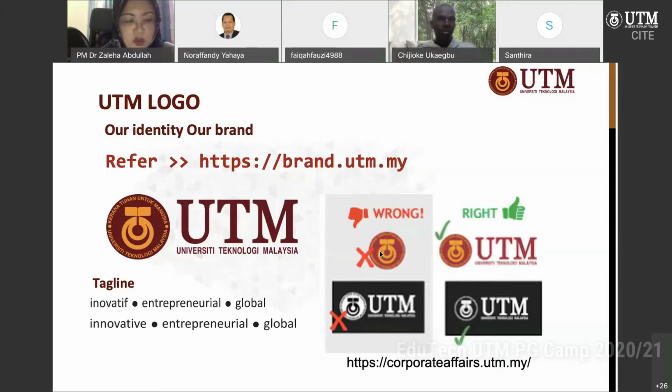So you may use the logo, but not for commercial purpose, right? Since it has been copyright, you need to ask for approval. If you're going to use it for businesses, you want to print the logo on t-shirt or something, you need to pay, okay? Because it is owned by UTM.